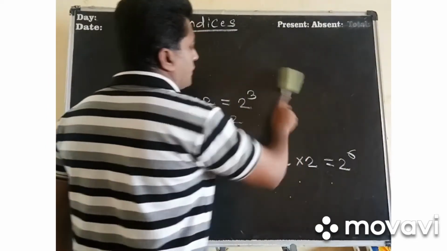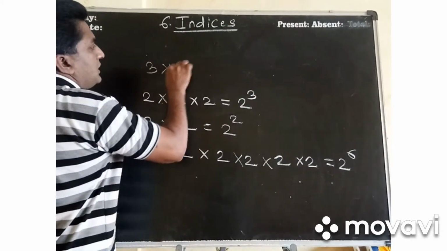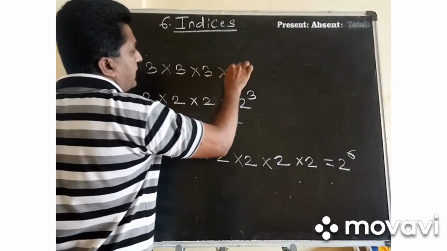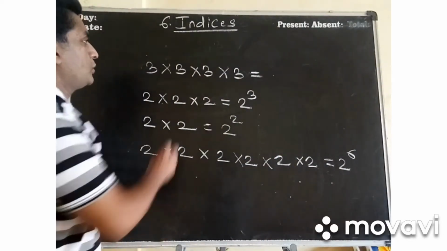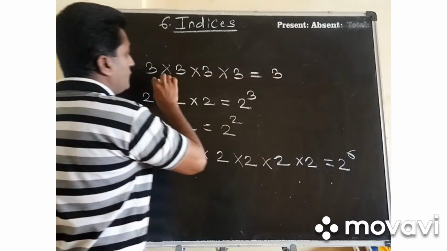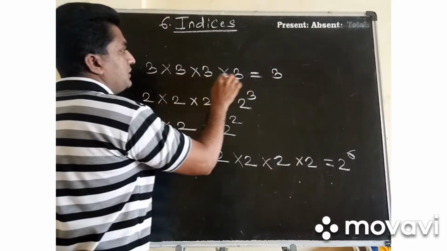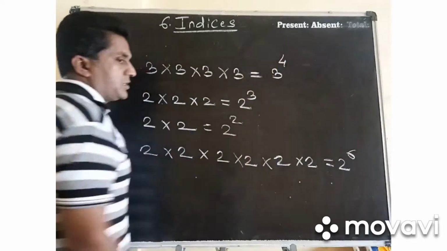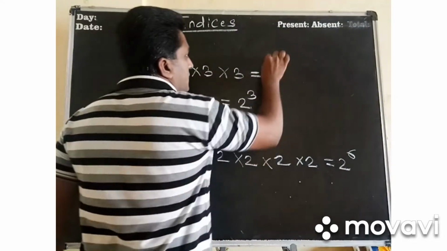One more question I will show you. A different one, because everywhere I have taken 2. Now 3. 3 into 3 into 3 multiplied by 3. Which is the number that is repeated? So my number is 3, which is again and again repeated. But how many times? 1, 2, 3, 4. 4 times it is being repeated. Right everybody? So today we are going to discuss about these things.